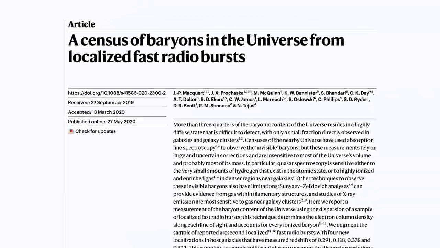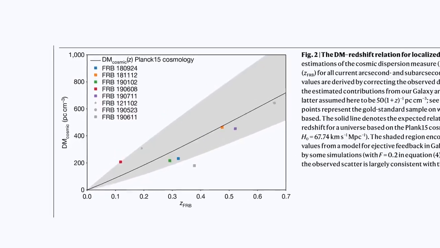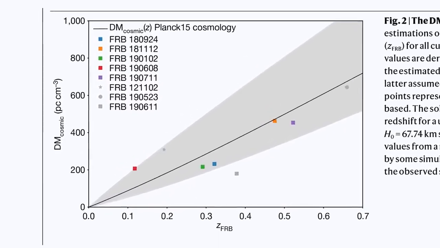But for our purposes, all we need to know is that those flashes exist and that we can use them to look at their dispersion and figure out how many ionized baryons are between us and the source. And this is exactly what one recent paper did in Nature. They plotted out the dispersion measure of several of these fast radio bursts versus the redshift of their host galaxy. And what they found was, sure enough, the further out these fast radio bursts were, the more dispersed their signal when it reached the Earth.